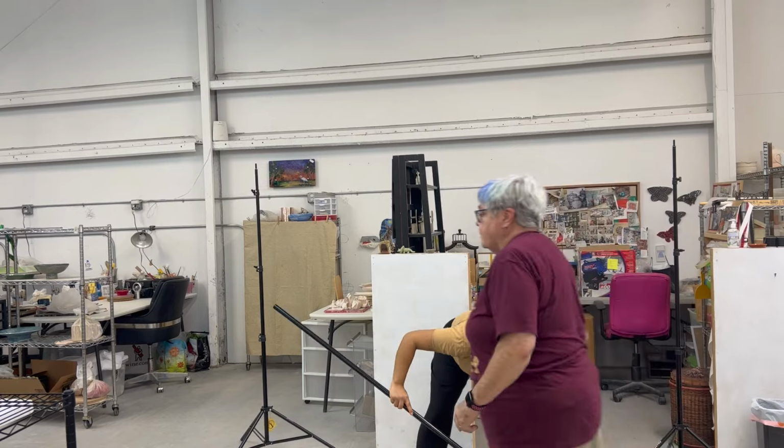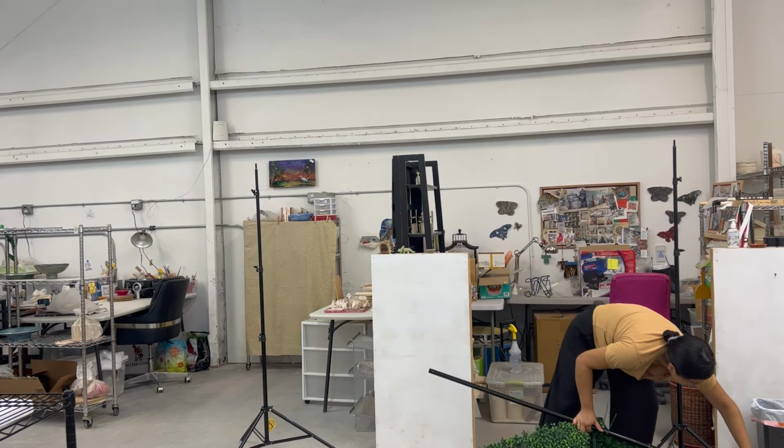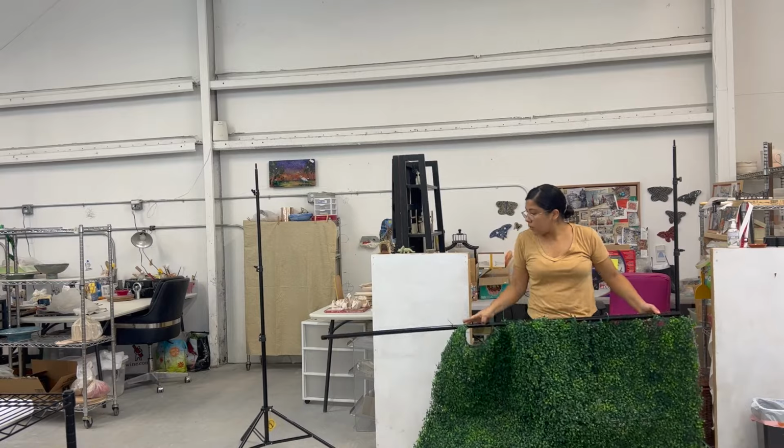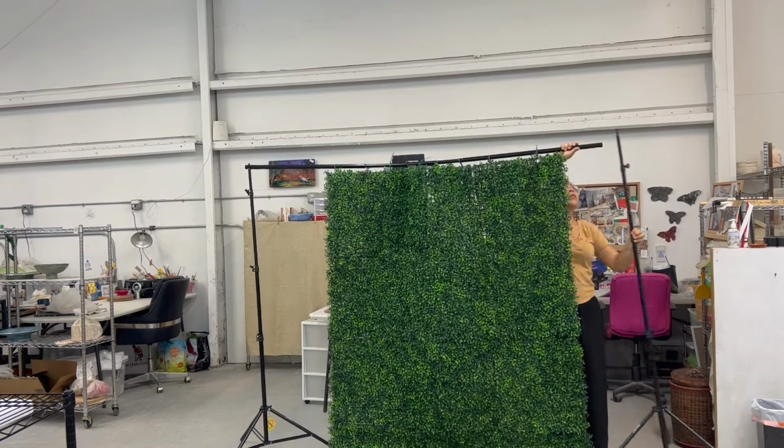It was my first time using the extra backdrop stand I had to buy, so it was new to me, and I was getting practice on it. But yeah guys, that's what you'll see me doing here. For my